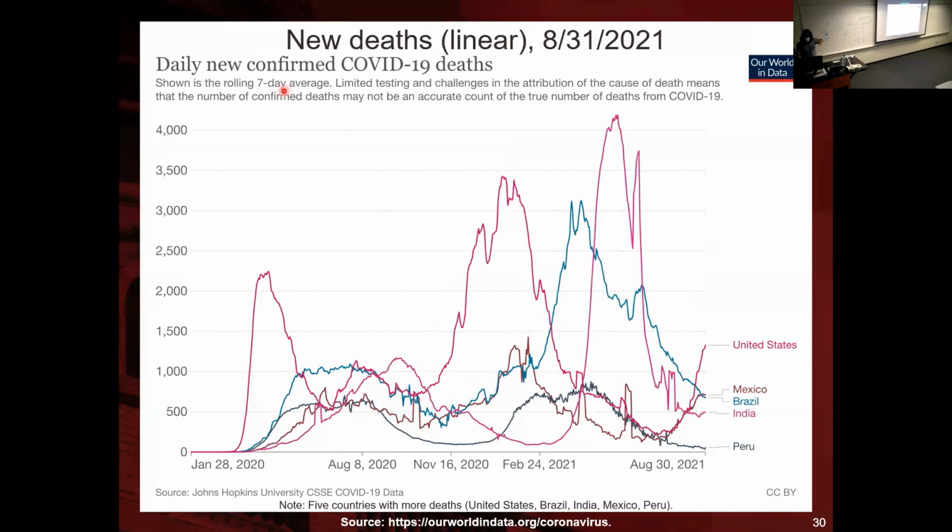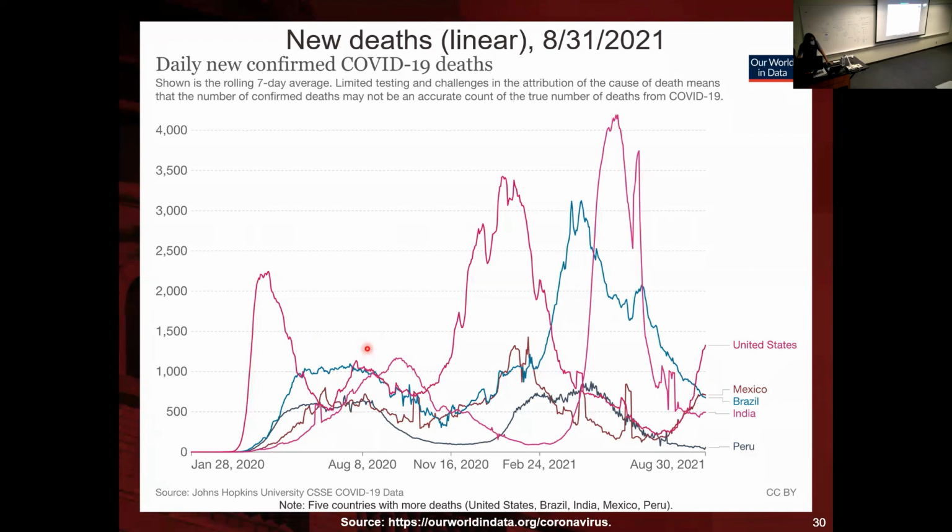Another piece of information that we can get is deaths. And again, this is the number of new deaths for a specific day. The US, back around April last year, was high, increased again around summer, around Thanksgiving, Christmas, declined a lot at the beginning of this year, and now is increasing again. And see that this level here